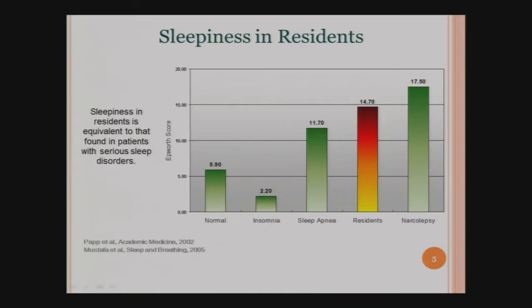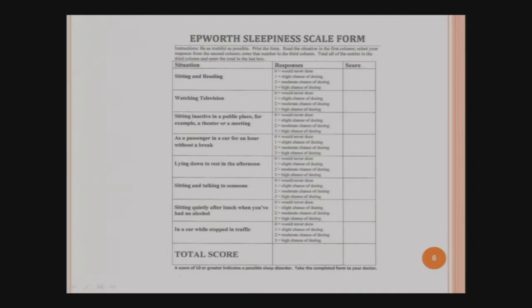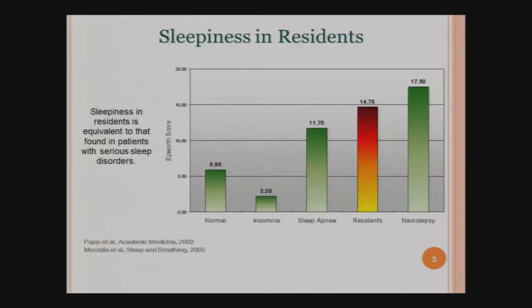Okay, so let me explain first what the Epworth score is exactly. We actually use this clinically in the sleep clinic. It's not just some made-up thing for a residency study. The Epworth sleepiness score is a score that we give patients to rate how likely they are to fall asleep during certain activities. Based on what their score is, we'll decide whether or not they're high risk for having a sleeping disorder. Okay? So if you go back to this chart, if you look at residents, their average Epworth score was